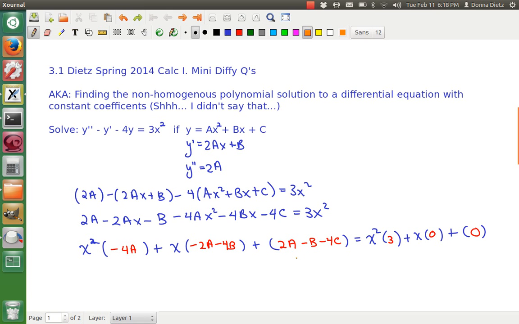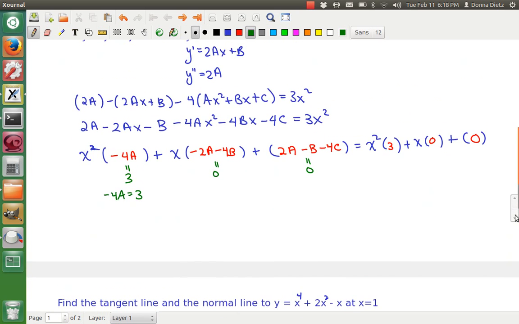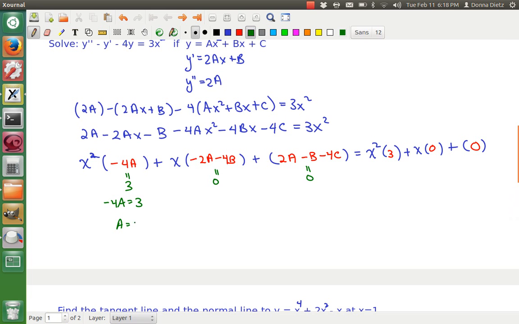I prefer this. I think it makes more intuitive sense that we are just simply saying this has to equal 0, this has to equal 0, and this has to equal 3. Those are equal signs, but they're sideways. Alright, so if minus 4a equals 3, then what does that mean? It means